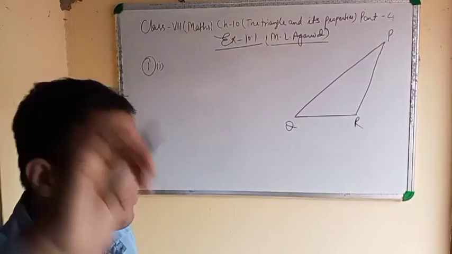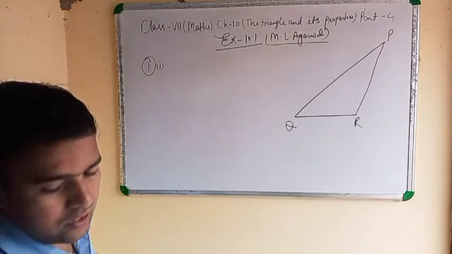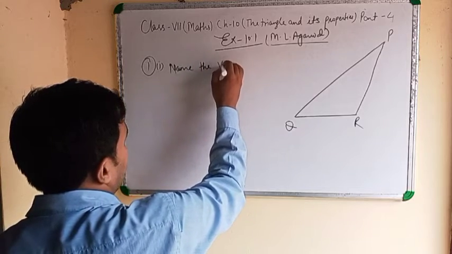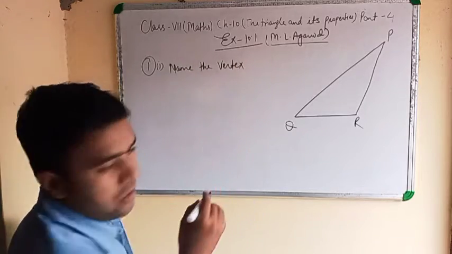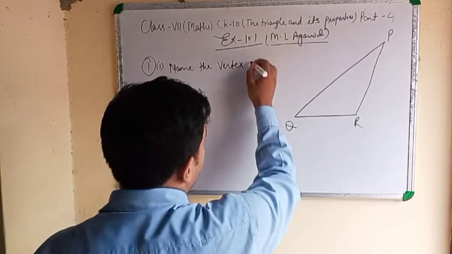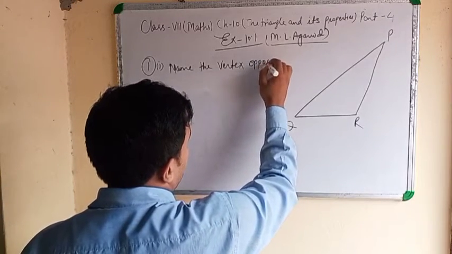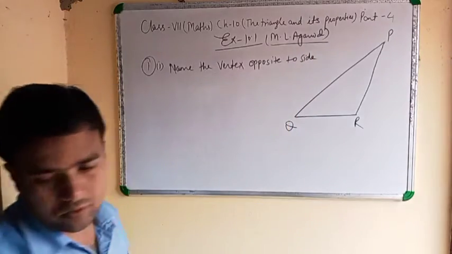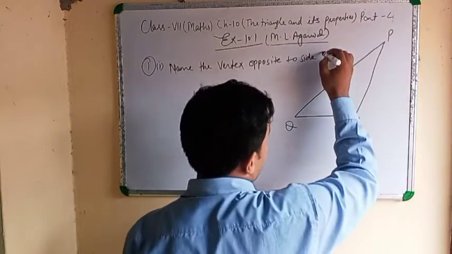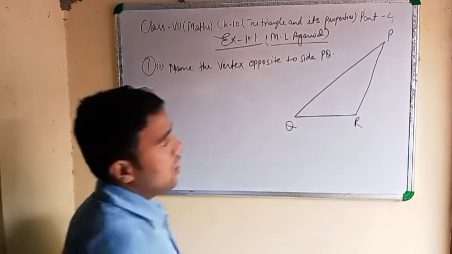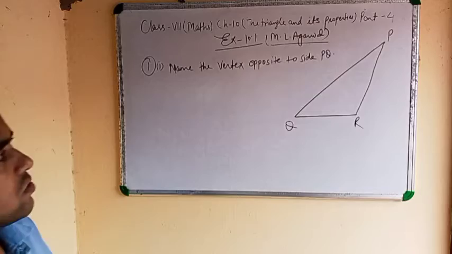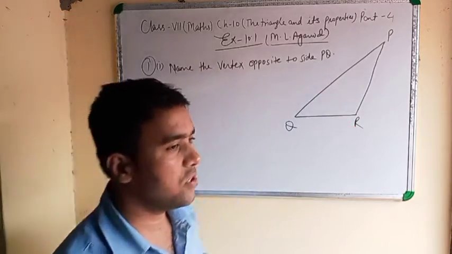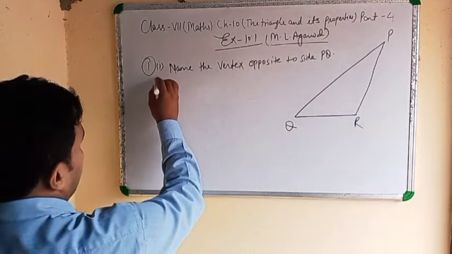In the first part the question is: name the vertex opposite to side PQ. Name the vertex opposite to side PQ means this side is PQ, and the vertex opposite this side is R, means the answer